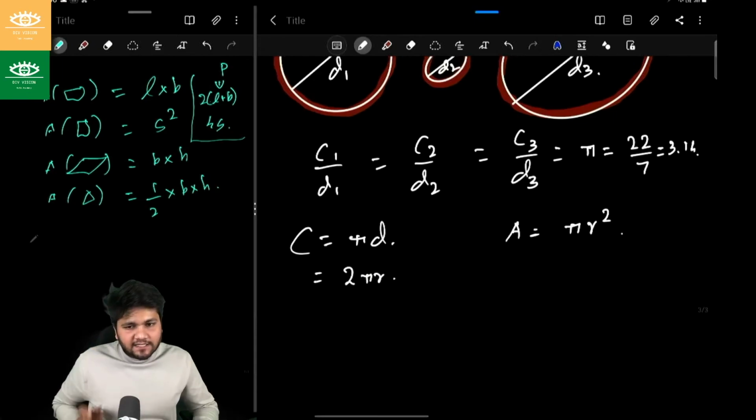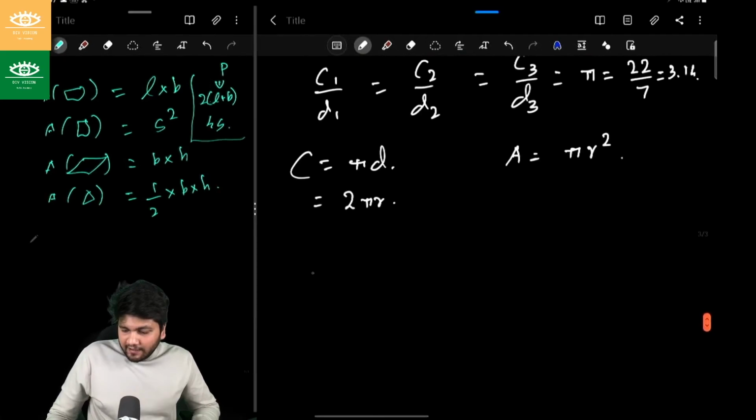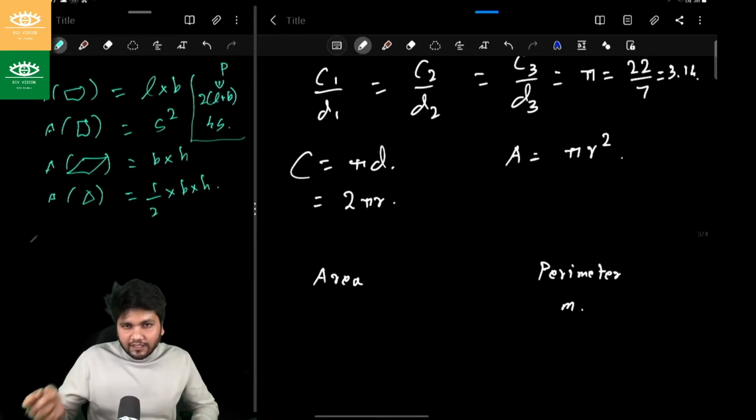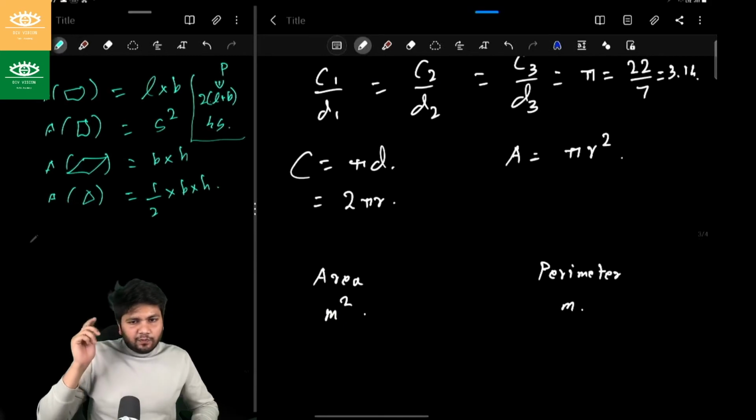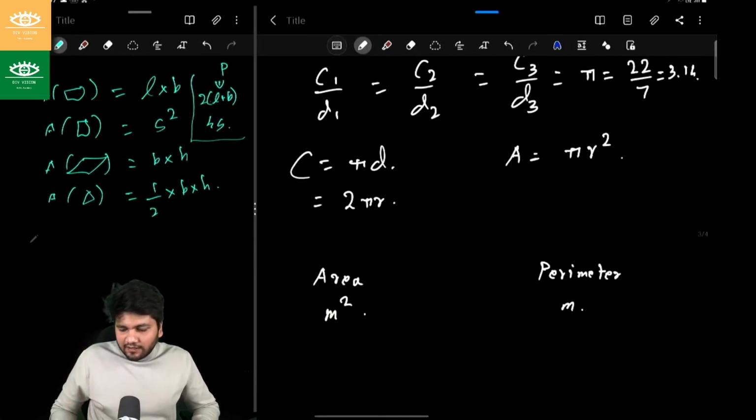Now, at the start of the video, I told you that I'm going to give you one tip which will avoid all the silly mistakes, and that tip is applicable to surface area, volume, and all those things, which we will cover in the next video. But here the tip is simple. When we talk about area and when we talk about perimeter, remember, perimeter is always measured in meters, only meters, right? And area is measured in meter square, right? So whenever you put any formula, make sure whether it is meter square or meter. For example,